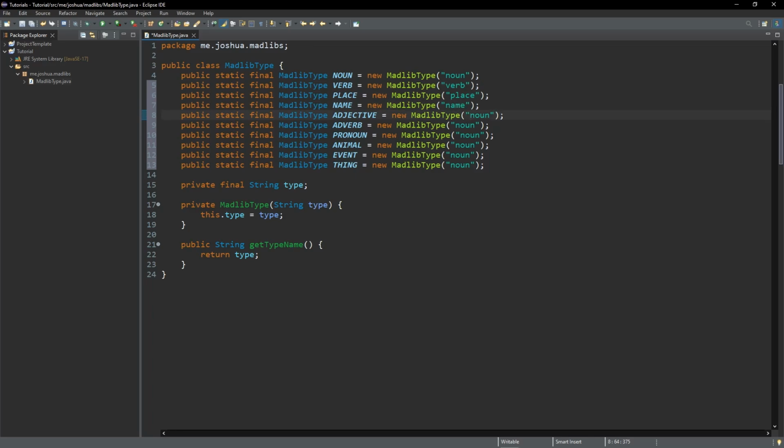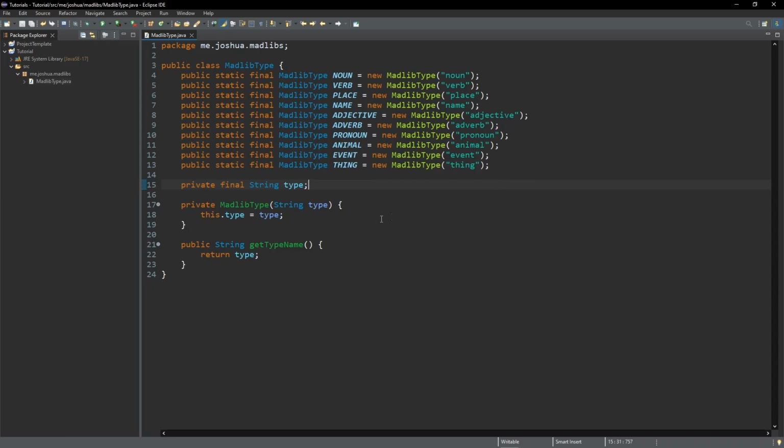It's up to your own programming style, but I want to make sure that I'm doing this all from what we've learned. Pronoun, animal, event, and thing. Okay, so this that's getting stored here, I want to be able to ask inputs from users,